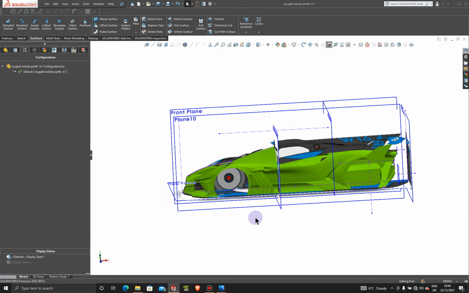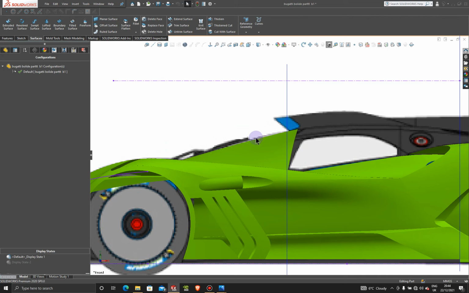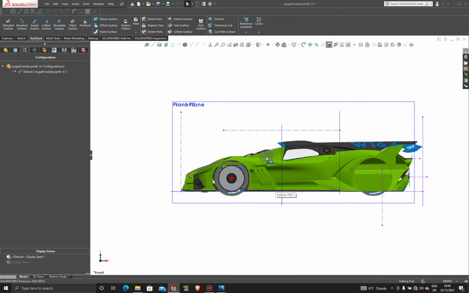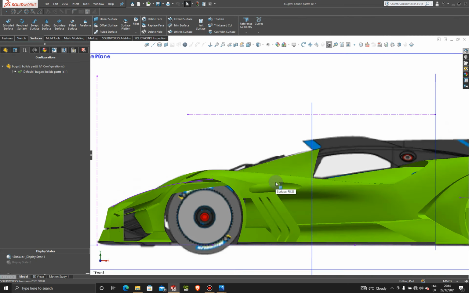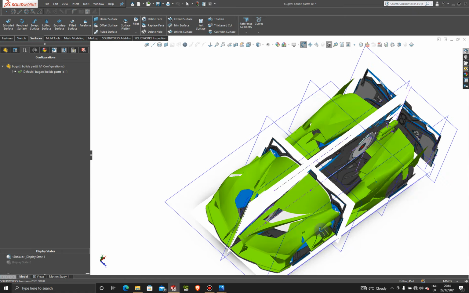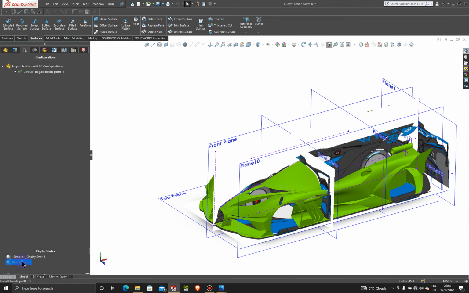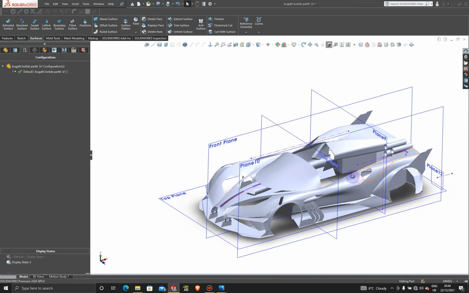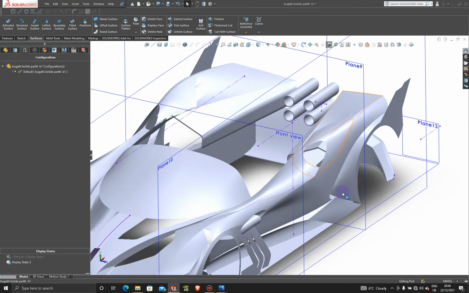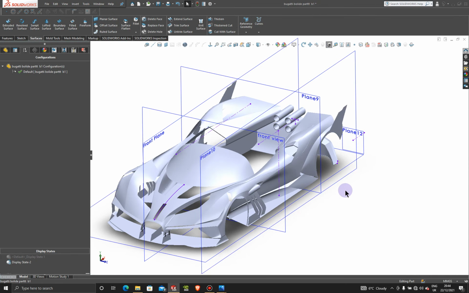So let's have a look at this windshield from this side. We almost were close to that curvature here, but I want to get perfect on that curvature, obviously. Okay, so let's jump into a second display state,